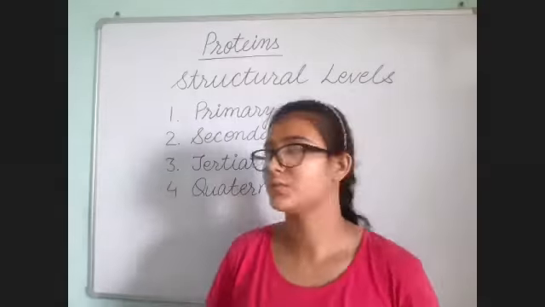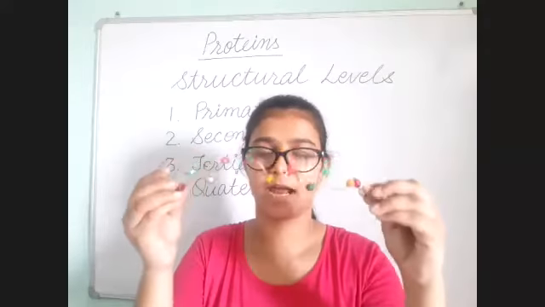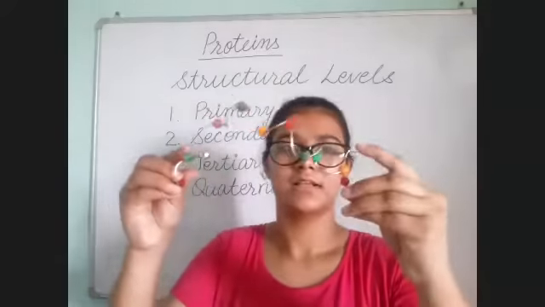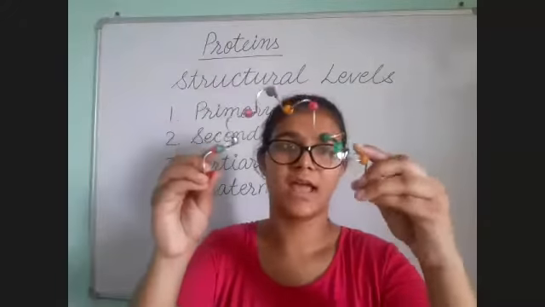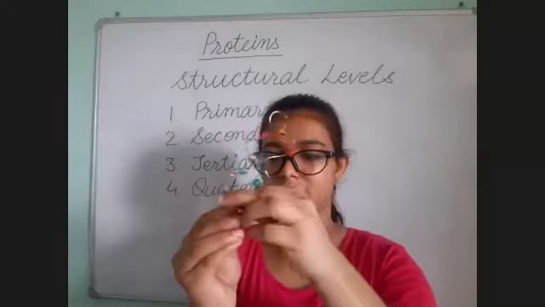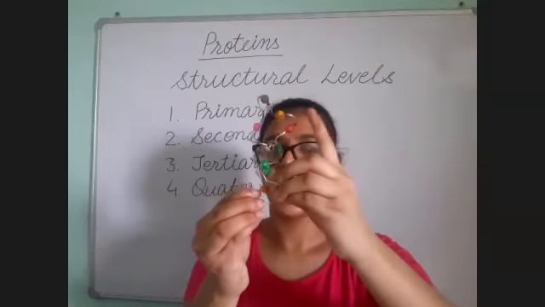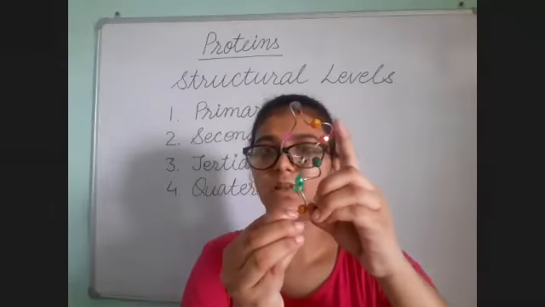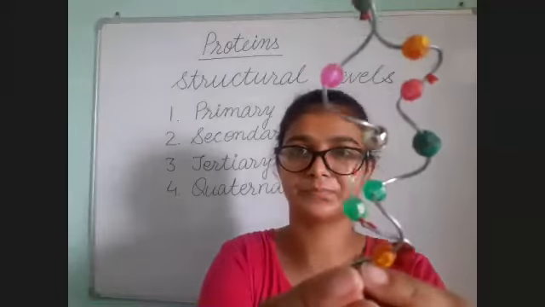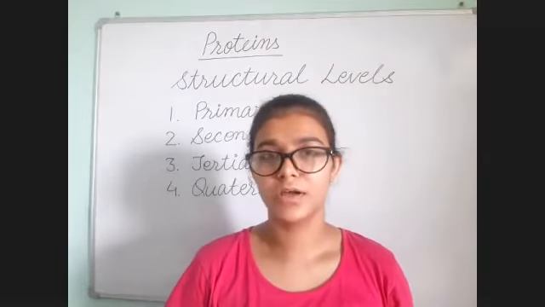Moving on to the next structure, which is the tertiary structure. In the tertiary structure, the long chain of amino acids, that is the polypeptide, is coiled on itself. I'll make a bond here. This green amino acid and this green amino acid will form a bond, and in this way a bond will be formed here, like this. And if we form a bond between this pink one and this pink one, that will be the tertiary structure, and this represents the tertiary structure. The tertiary structure is present in globular proteins.